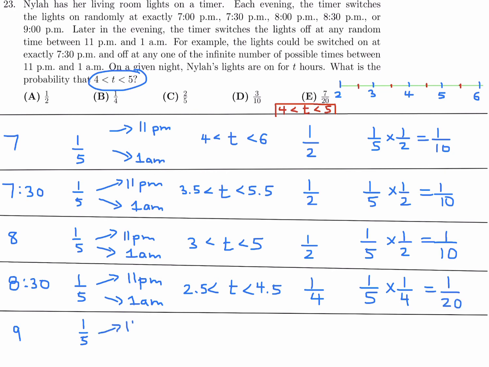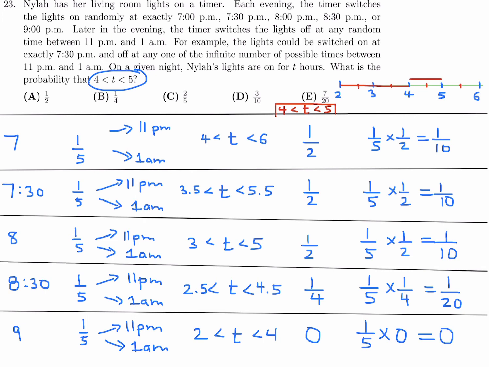And then now, finally, when it starts at 9, our interval this time is 2 and 4. So our range is between 2 and 4. Now, when is it between 4 and 5? Well, 4 and 5 is here. So the answer is never in this scenario. So 0 is the probability of it being between 4 and 5 if the range is between 2 and 4. Okay, so the probability would be 1/5 again, this guy, but multiplying by 0 this time, which is, of course,